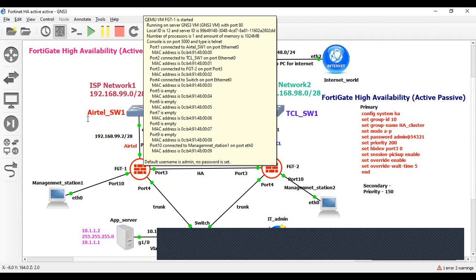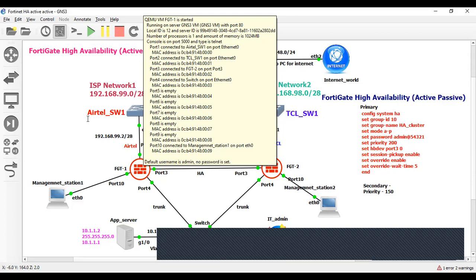As soon as I enter this command, nothing will happen because I have the HA cluster. I mean I have the primary firewall and secondary firewall. If the primary firewall goes down, nothing will happen for the LAN users. So now I am going to test this command. As you can see, the firewall is giving a message. So let me check whether the traffic is down or not. As you can see, the traffic is still moving, right?